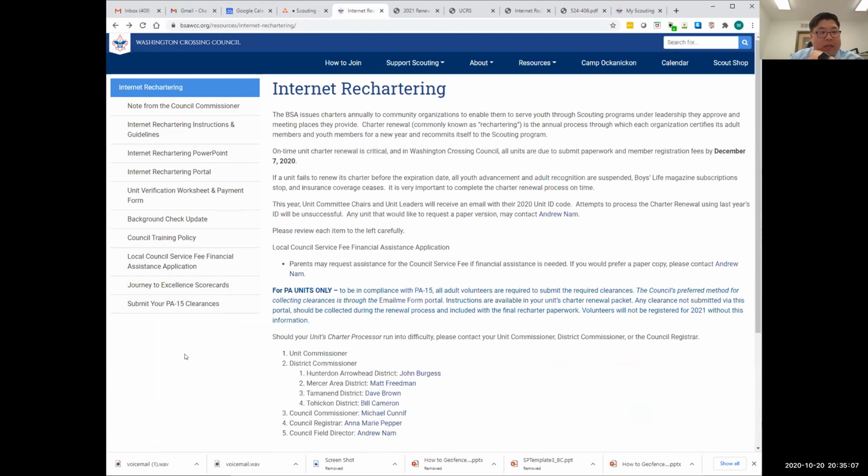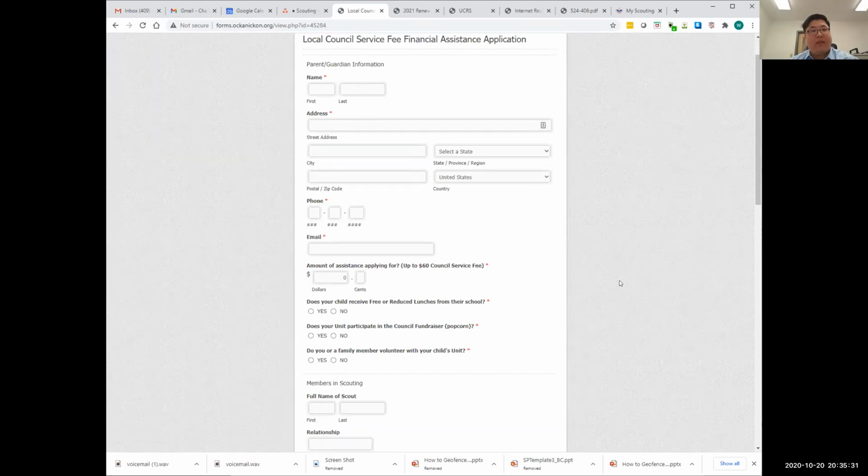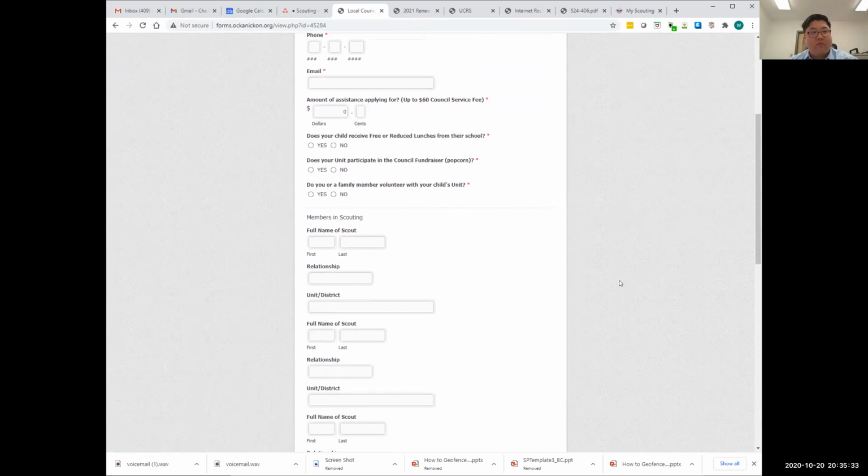And obviously the local council service fee financial assistance application is also available. It is an online form that gets directly sent to the council. This is to be filled out by a parent. There were questions about who actually fills out this form. It's the parent, because some of the information is personal, so it's very important that the parent, who will know these answers, fills it